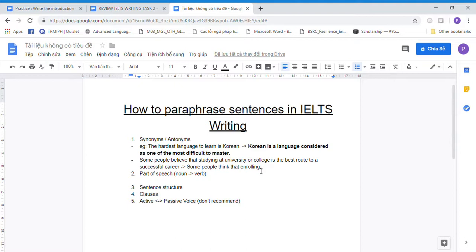So it's not close, it's not really synonyms, but just find words that are similar. So enrolling is fine. Enrolling in or applying for, it's okay. Enrolling in university or college